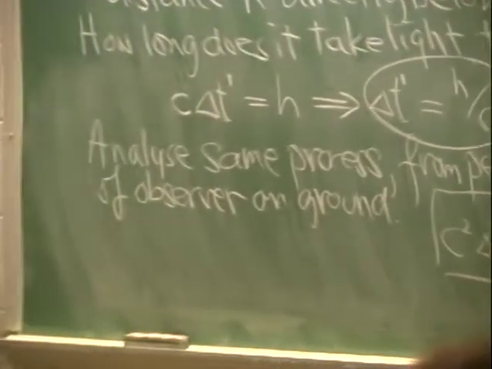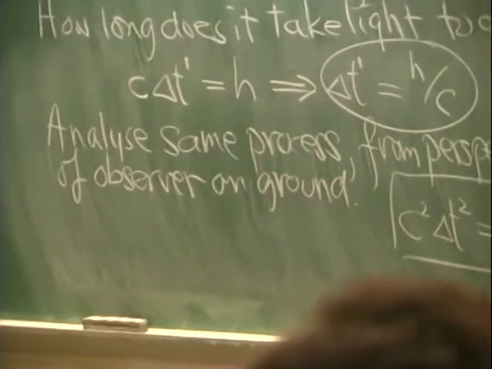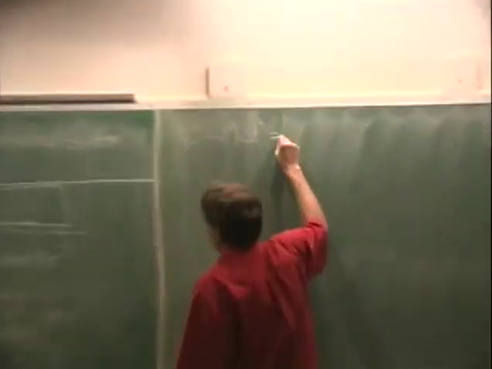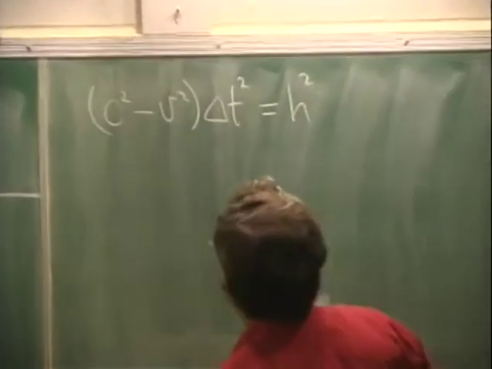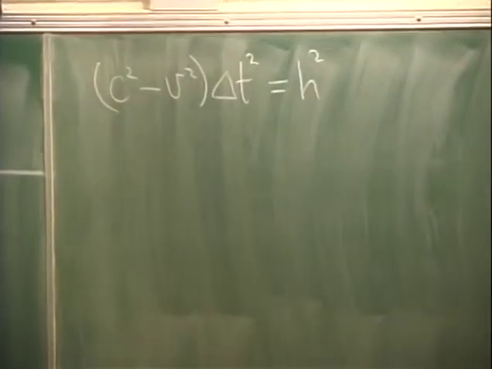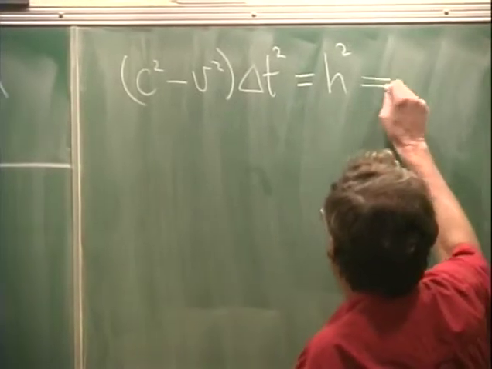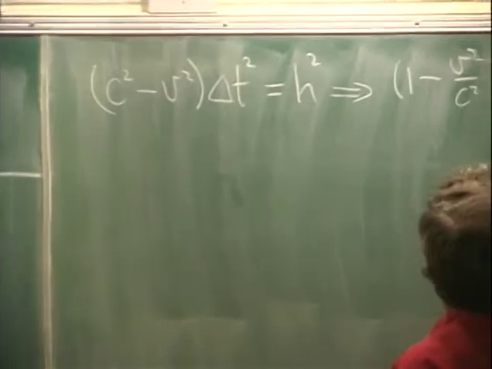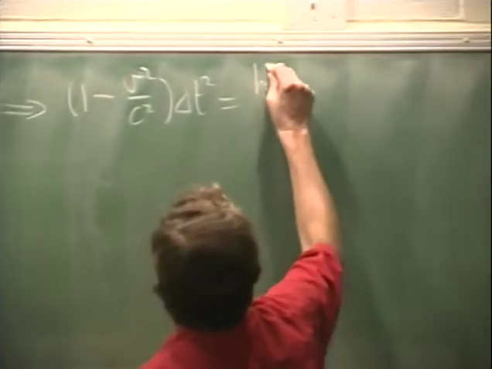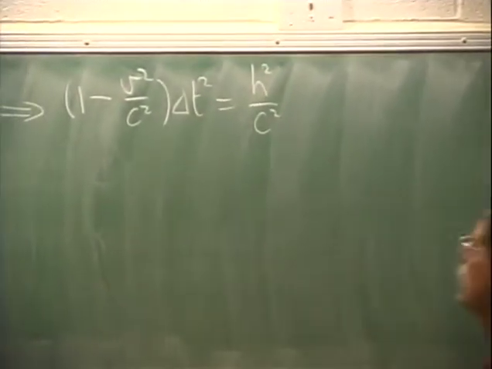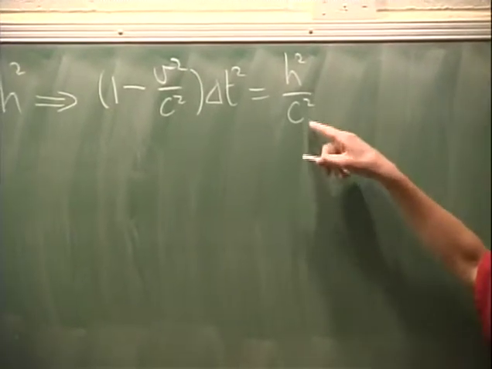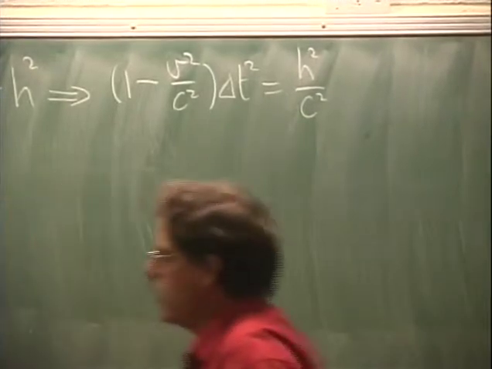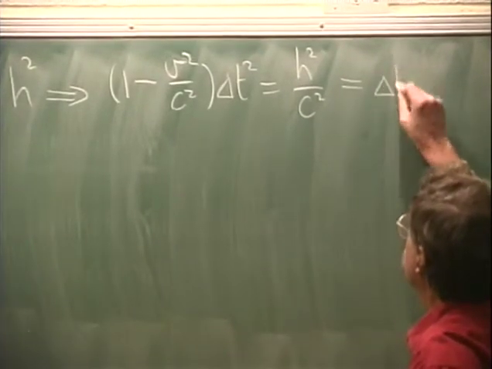Let's see, I'll bring the delta t's together, so I've got c squared minus v squared coming from the other side there times delta t squared is equal to h squared. Divide through both sides by c squared, then this would be 1 minus v squared over c squared times delta t squared equals h squared over c squared. But h squared over c squared is precisely the time interval as measured on the train. So this is delta t prime